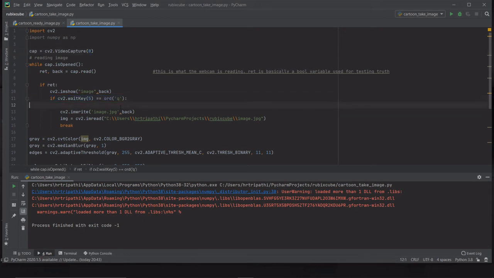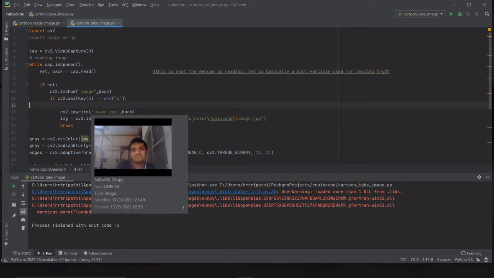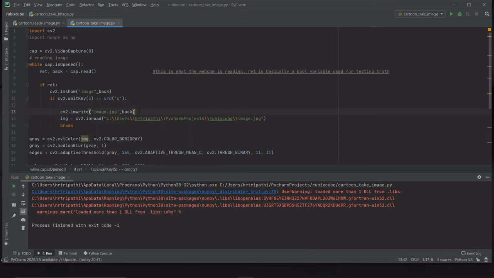So this is what I meant by pressing the key. If cv2.waitKey(5) equal to ord('q'), which basically means if I press q, then what I'm instructing the code to do is write this using cv2.imwrite, and you give the name of that particular image as image.jpg. If I hover, you can see the image that I took a while back, and that image is my back variable.